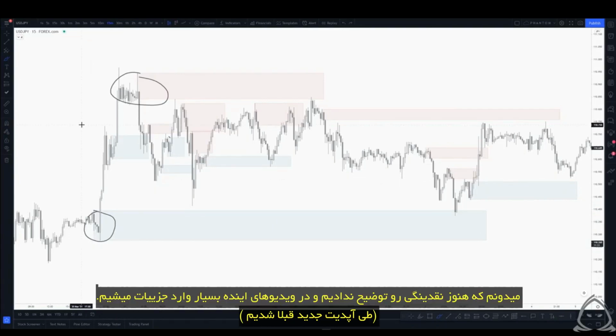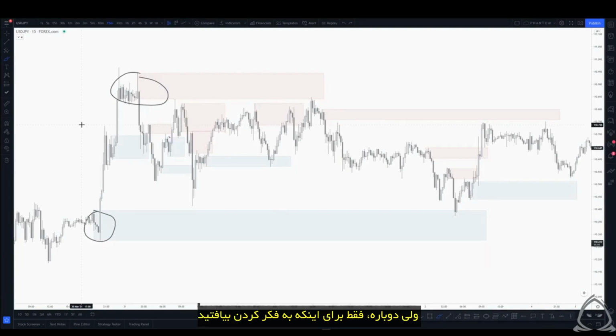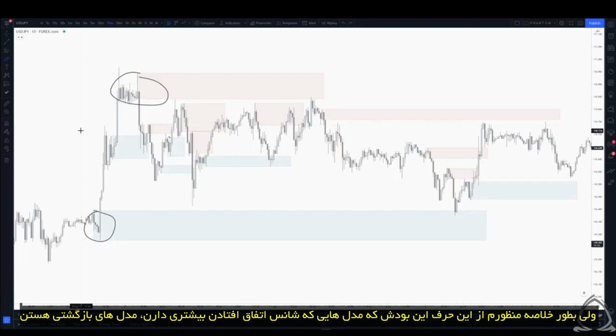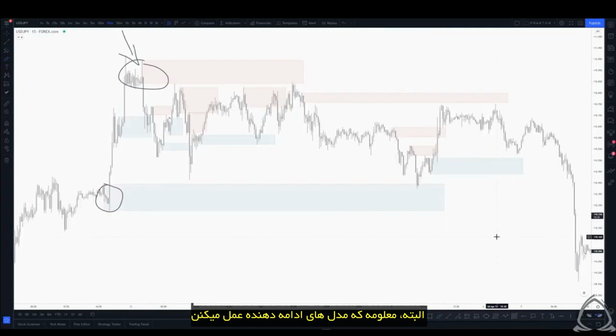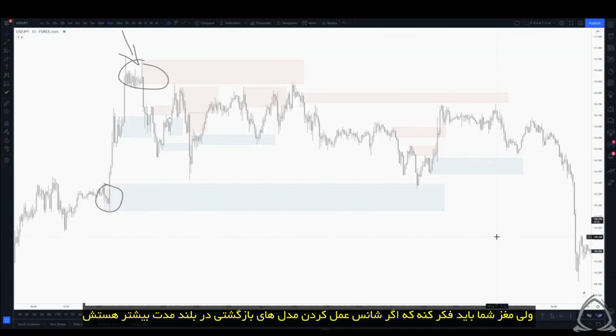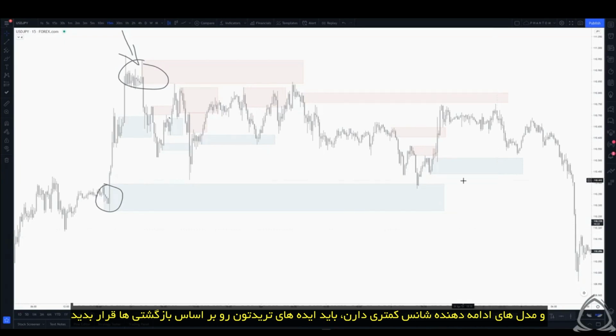I know we haven't explained what liquidity is, and we will dig into that in a lot of detail in future videos, but again, just to get you thinking. What I'm getting at is basically that the higher probability models that are more than likely to play out are the reversal models, and the continuation models are a little bit less likely to play out. Now, with that said, of course, continuation models are going to play out, but what your mind should be thinking is, if I know that the reversal models have a higher probability of playing out over the long term, and the continuation models are a little bit less likely to play out,